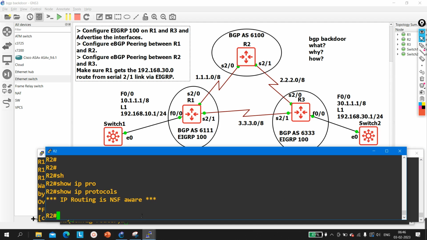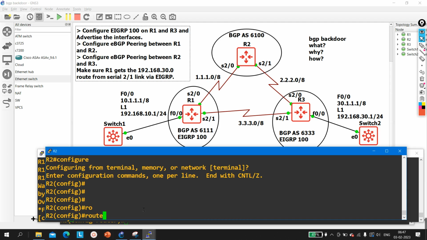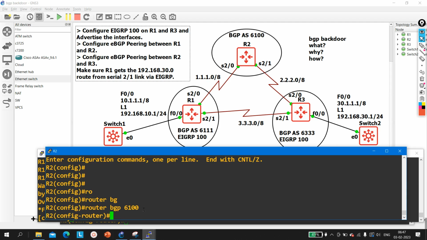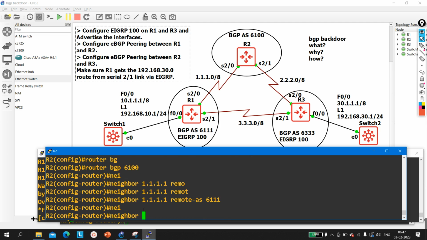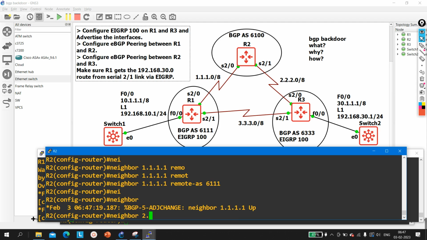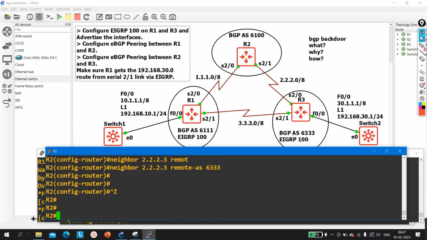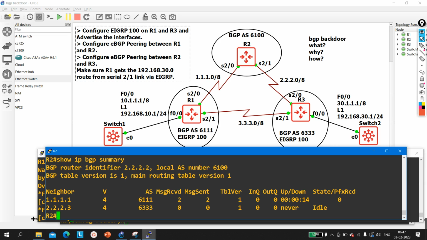Let me go to router number 2, and here also we need to configure BGP. So go to router bgp 6100 and say your neighbor is 1.1.1.1 whose remote AS is 6111, and there is one more neighbor, neighbor IP address is 2.2.2.3, whose remote AS is 6333, right? So now if you verify BGP neighbor, show ip bgp summary,